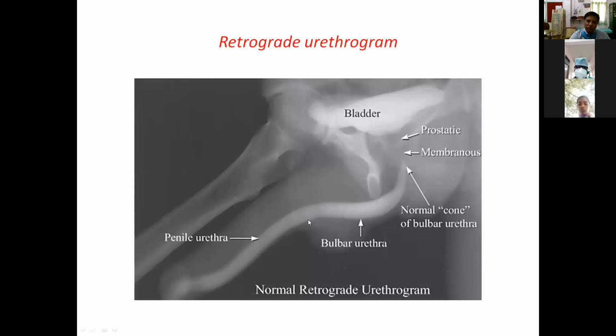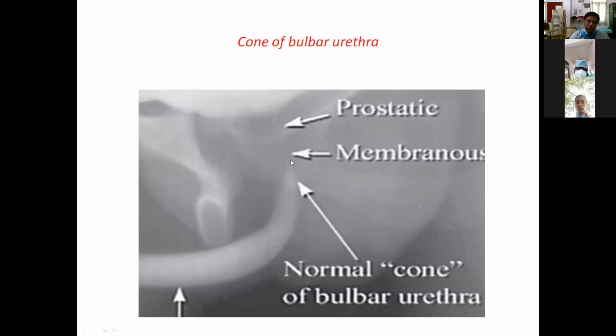You can see two curvatures in the urethra. One is the inferior pelvic curvature at the bulb of the urethra. This is one, and this is the extra or prepelvic curvature, an extra curvature outside the urethra. So whenever you pass a catheter or a bougie, you can straighten this prepelvic curvature and pass through the bulbar curvature. So these curvatures are important when you try to pass an instrument through the urethra, either a catheter or the urethroscope. So you can see the cone clearly.